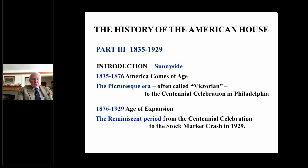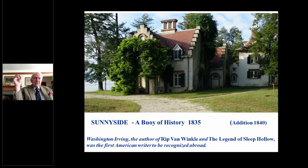And then later on, we'll go on from 1876, and that's when we'll go on to 1929. And I call that the age of expansion. And that's a reminiscent period from the Centennial Celebration to 1929. So the next slide is a very significant buoy of history, and that is